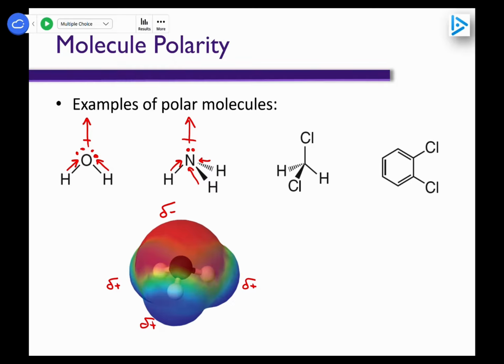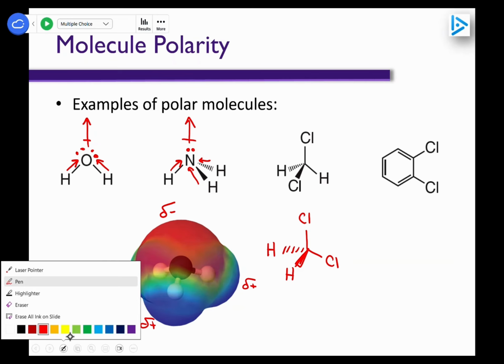Here we have one more molecule, and I'm going to ask you to redraw this one. I'm going to rotate it so the 2 chlorines are in the plane of your paper, and the hydrogens are coming towards you and away from you. So it's the same thing. I just took the chlorine that's coming towards you on your left and rotated it. So it's the same molecule, just the 2 chlorines are now in the plane of your paper,